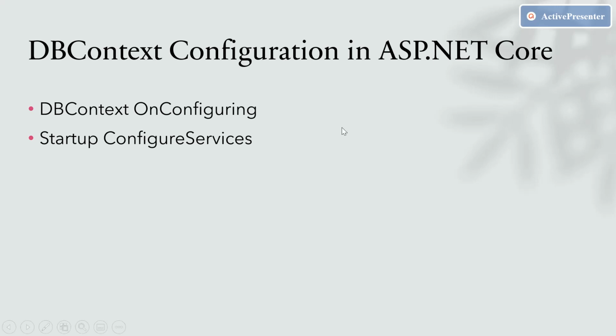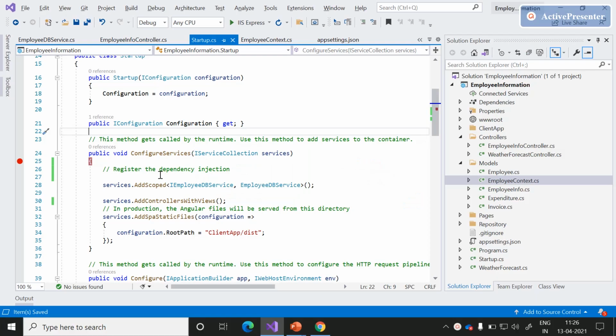In our previous video, we discussed how to implement dependency injection in ASP.NET Core. In this session, we will learn how to configure the DB context in ASP.NET Core. There are two ways to do this. The first way is that whenever we see the DB context, the configuring services will be automatically established. The second way is that we can configure this DB context as a middle layer in the startup.configure services. Okay, let me show you the first one.